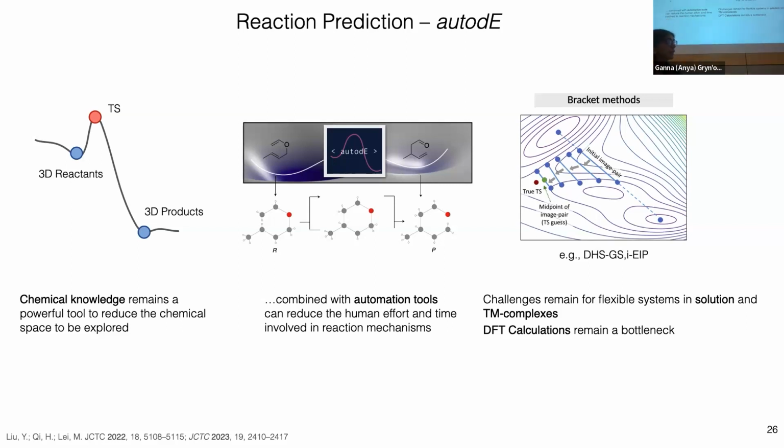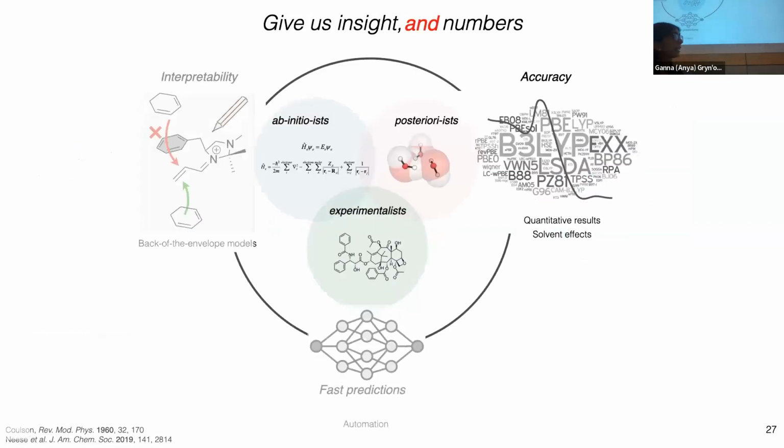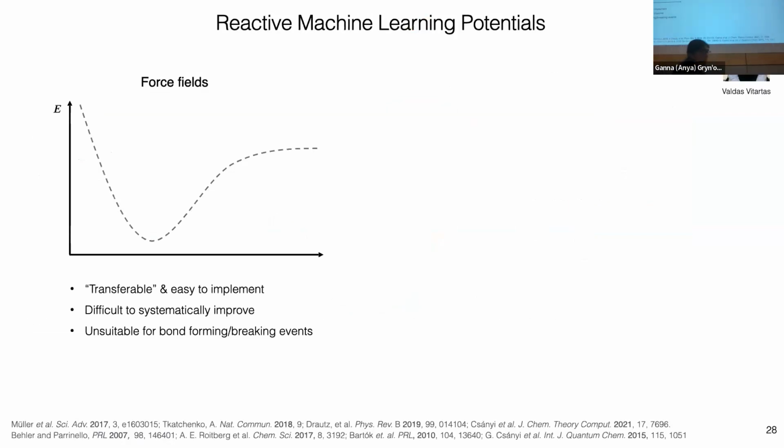And that has been one of the motivations to move into the next topic that I would like to mention, our more recent work in machine learning potentials, where we think that we can improve efficiency and go into more realistic models, okay? So for those of you less familiar with machine learning potentials, let's think about a normal